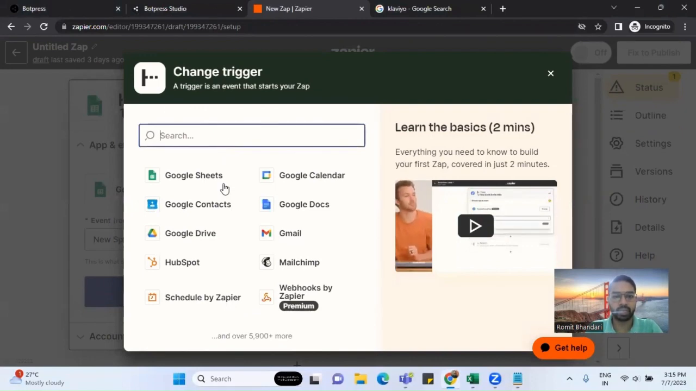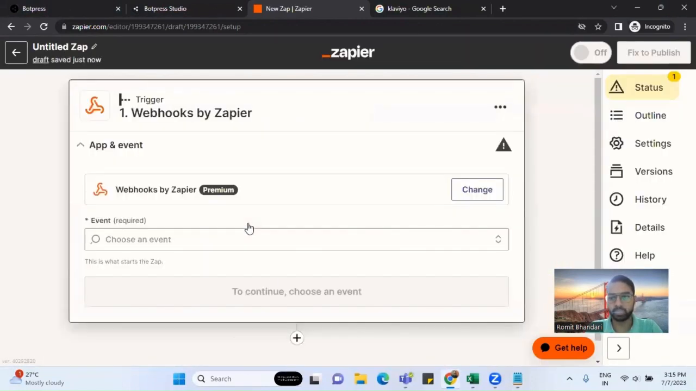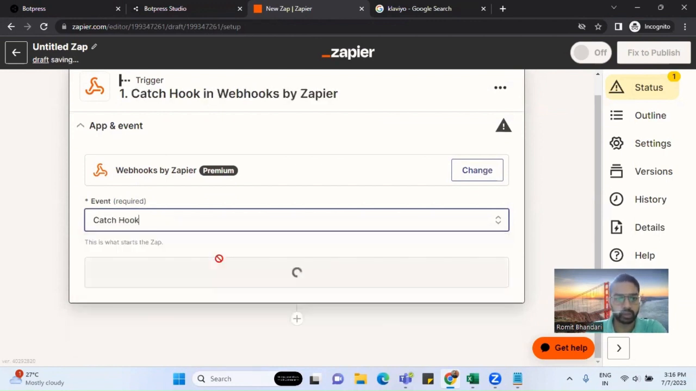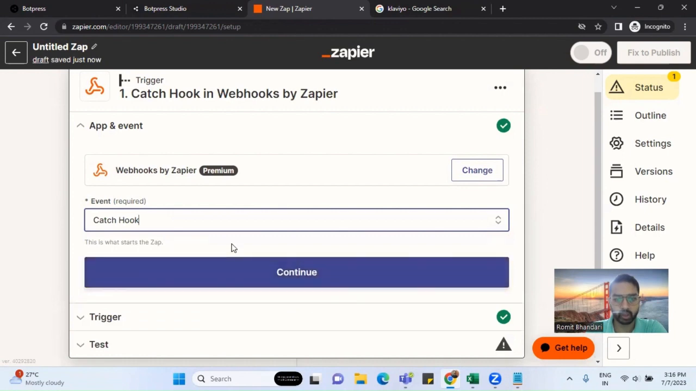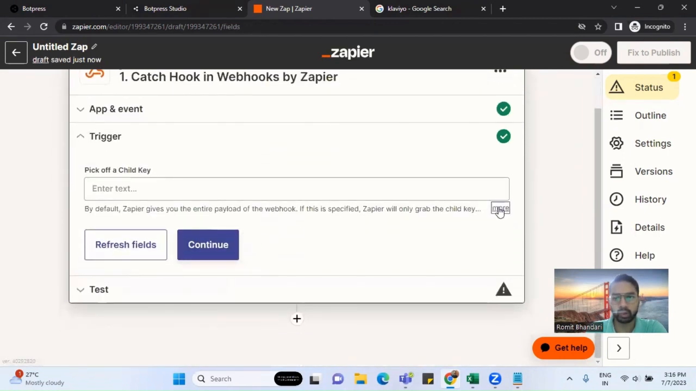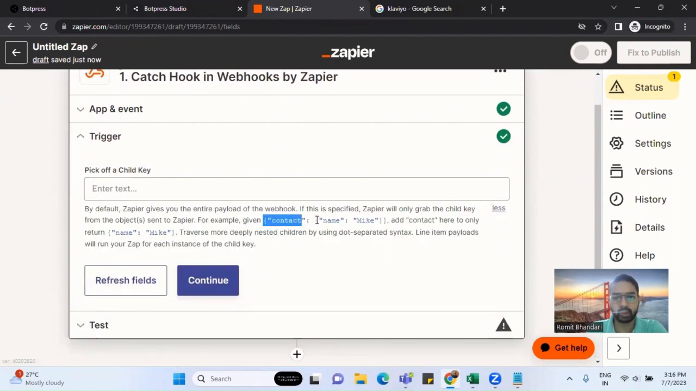So what I'll do is I'll select Webhooks by Zapier as an app. The event would be catching a hook. We'll try to make a call to Zapier. So the event which we require here is catch hook. We click on continue. If you have a request coming in this format where you have a parent-child relationship and